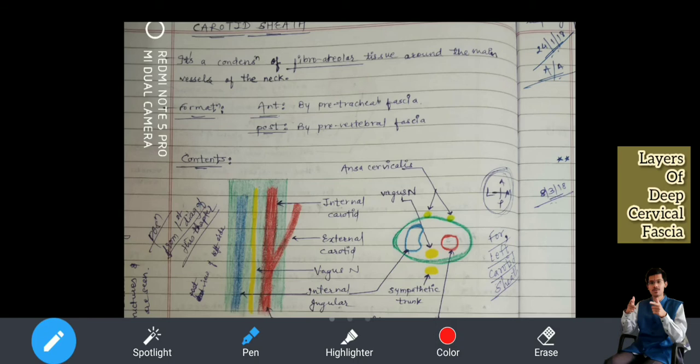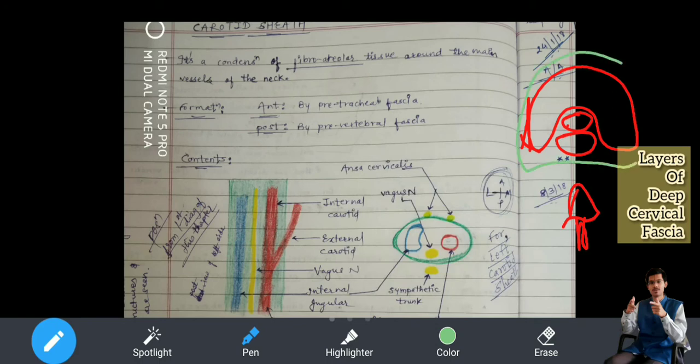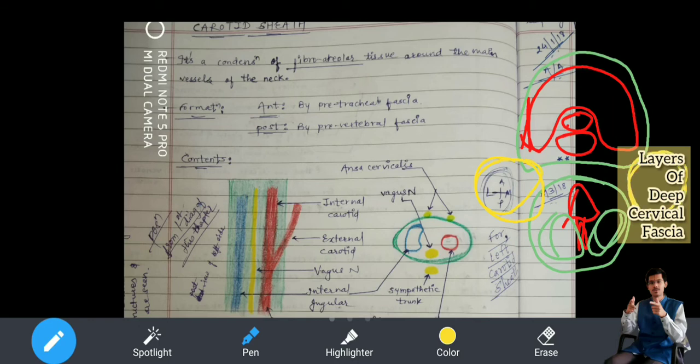Now formation, see, as I already told you, again you come to that diagram, imagine this diagram. See, this is your thyroid gland, this is the trachea, this is the esophagus. This is a master diagram. You are going to require it everywhere. And here is the vertebra. Now, if you see, fascia, I'll show it in green. This is the pretracheal. This is the prevertebral. Here you have the muscles of the back of the neck. And here, I'll show it in yellow. Here you have the carotid sheath. I'm showing it big so that you understand.